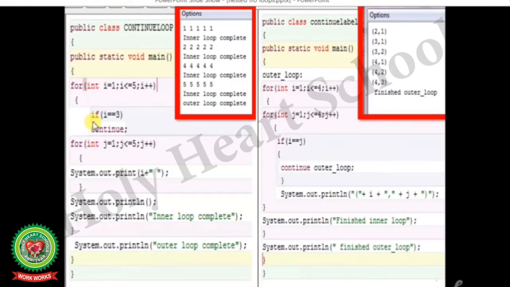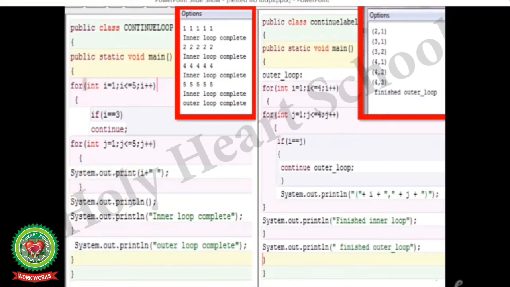So here is the condition: if i is equal to 3 continue semicolon, means if the value of i is equal to 3, the cursor will again move to the starting of the for loop. Then there is the inner loop, for int j is equal to 1, j less than or equal to 5 semicolon, j plus plus, curly bracket starts, System.out.print the value of i will be printed, curly bracket close.